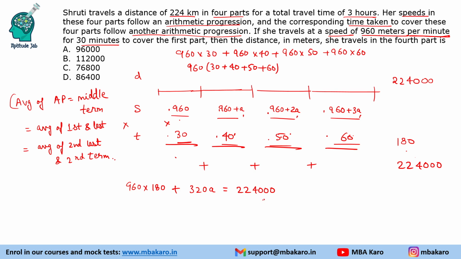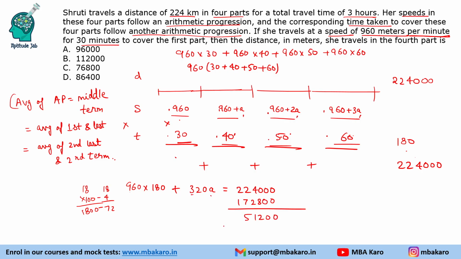So there are two zeros over here, and we have 96 into 18. 18 into 100 is 1800, right? 18 into 4 is 72. Subtract that, because 96 is 100 minus 4. So that gives us 1728. So we'll get